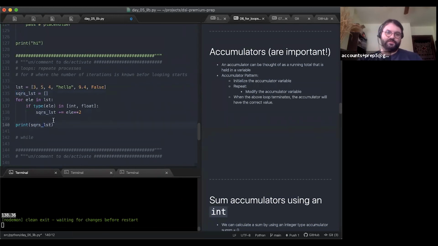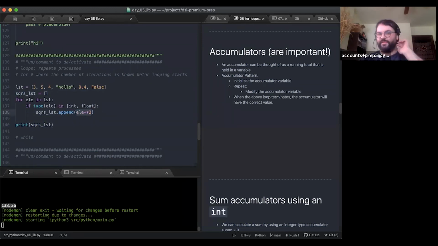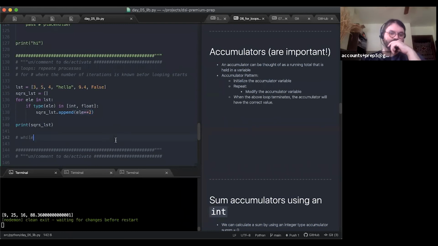So let's call this squares list, and I'll say dot append element squared, and this will give me a list of the squared numbers. We got a little bit of rounding error happening. Or excuse me, that's a rounding error, not underflow. Similar, but not the same.